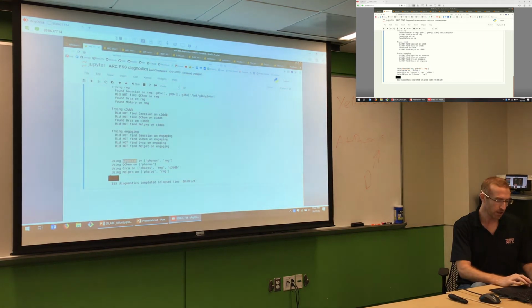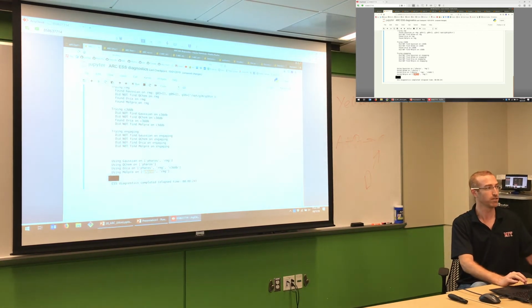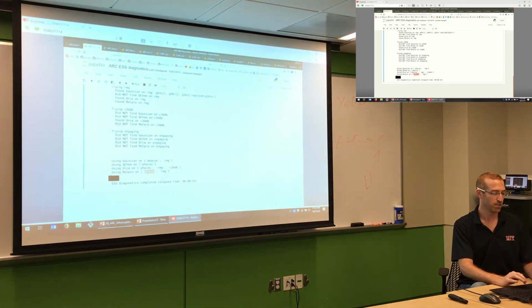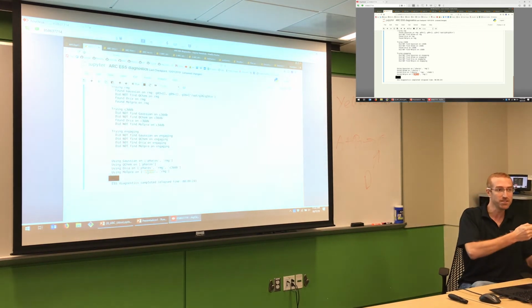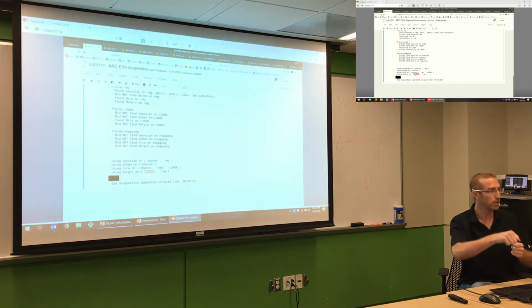So here it is. Using Gaussian, I have Ferrous and RMG. QChem I have only on Ferrous, Orca I have on these servers, and MolPro on these two. And it will go with Ferrous first, just because it tried it first. So it has ways to deduce which software to use,